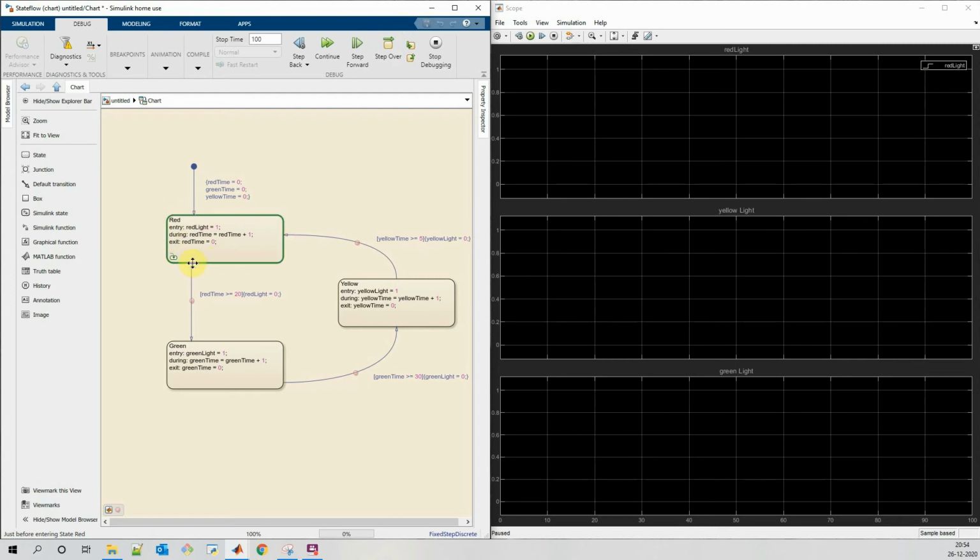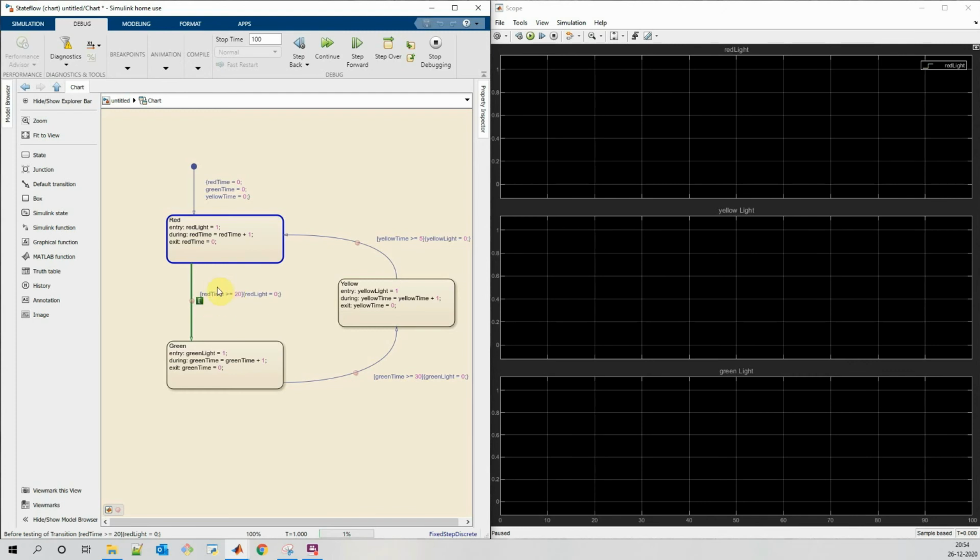Once we enter into first state, the action which is written in entry will be executed. After execution of action in entry, the state flow checks for the exit condition first.